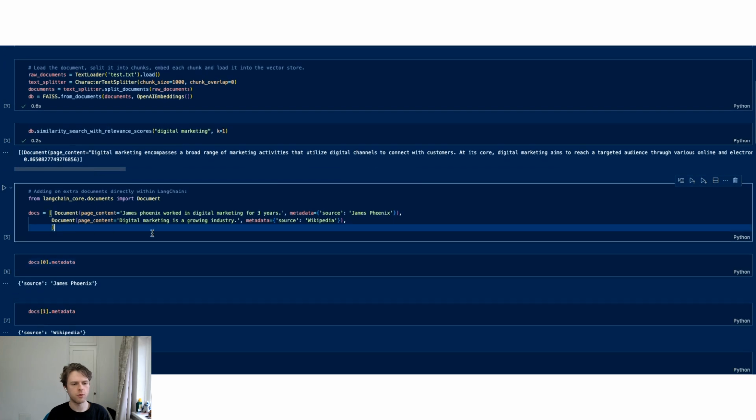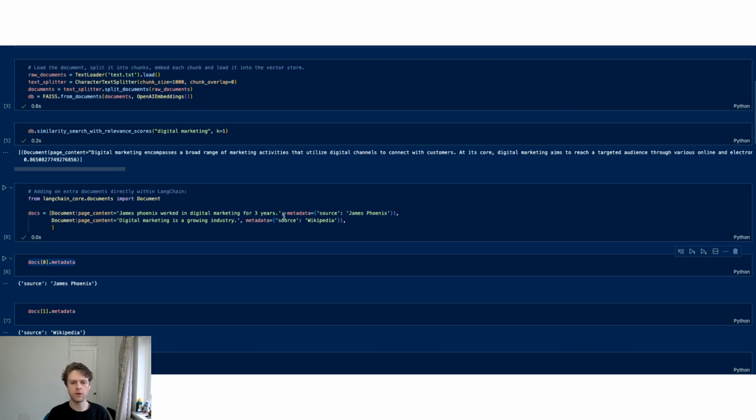Now if we have some more documents, you can also load documents specifically from LangChain documents. And you can see here we've got two documents. We've got the page content of James Phoenix, and we've also got the page content digital marketing is a growing industry. Now, the important thing when you're doing LangChain indexing is to remember to add specific bits of metadata, because